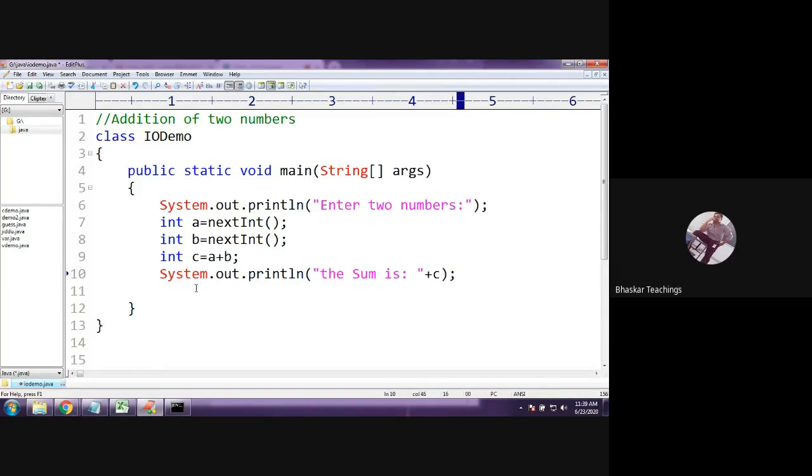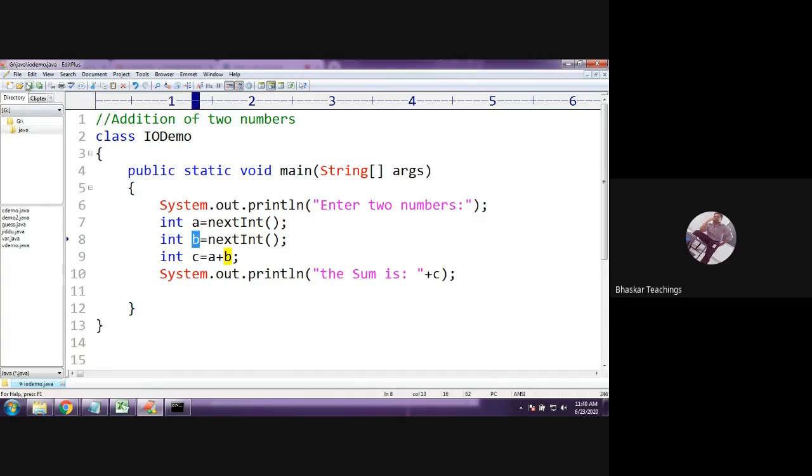But here, it is not going to be so simple. Actually, this line is right, but an error is going to occur at this line. Why? The syntax is right. Yes, we need to read the number using nextInt only, so we have read it and are storing it in some variables.